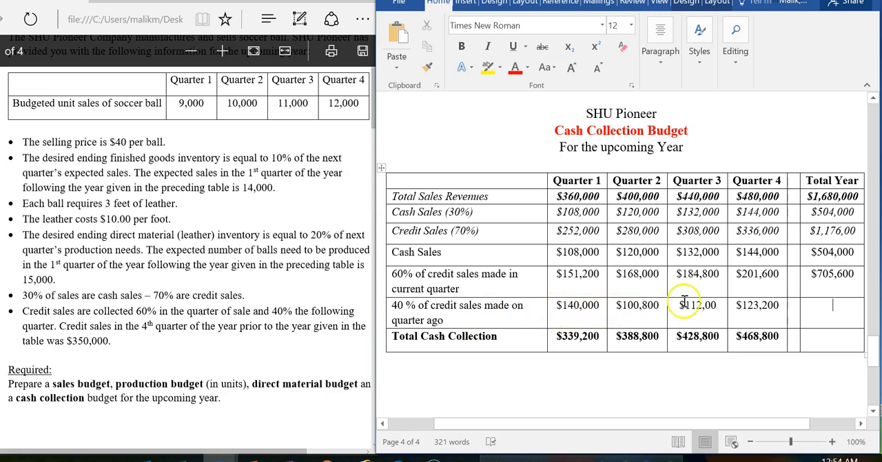Now for the last collection, which is actually 40% of the credit sales that were made a quarter ago, we need to add all these numbers. Four numbers: 140,000 plus 100,800 plus 112,000 plus 123,200, and I got it. It's 476,000. 476,000. Now let's add these three numbers: 504,000, 705,600, 476,000. That is our grand total,